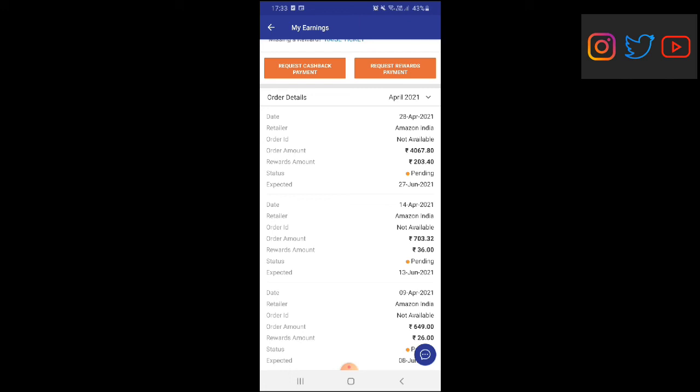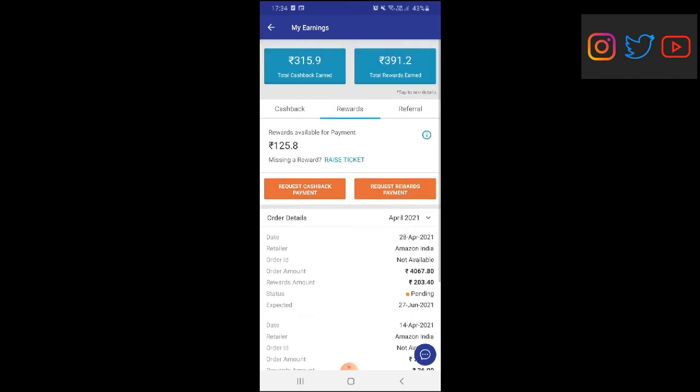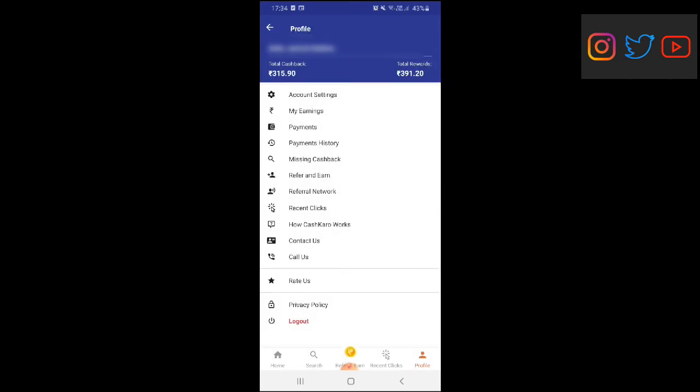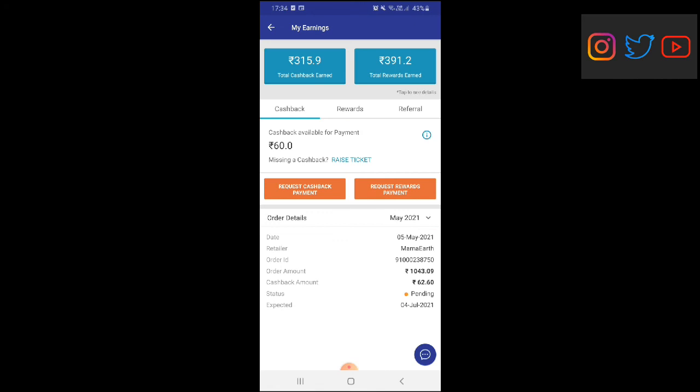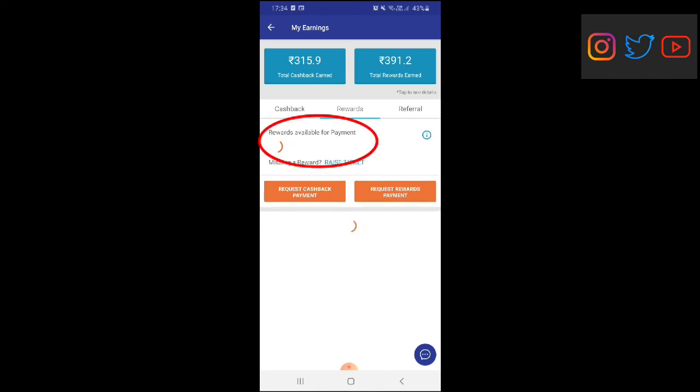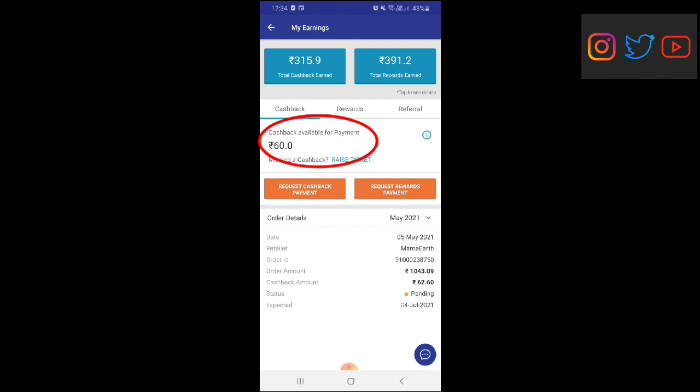One more main point is that once your cashback is confirmed for rupees 250, you can transfer it. Now my account is not confirmed for rupees 250, it's only 60 rupees, and here it's only around 125 rupees.